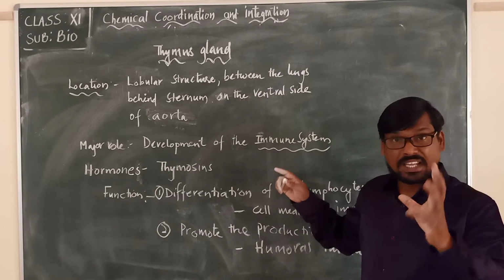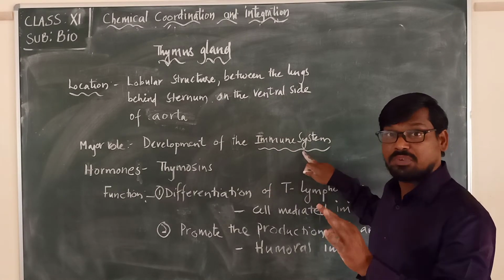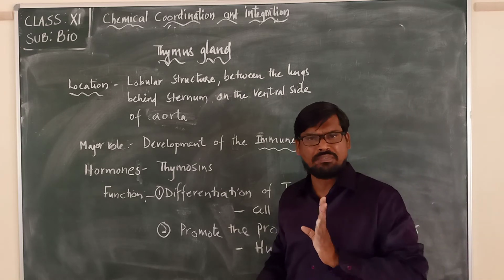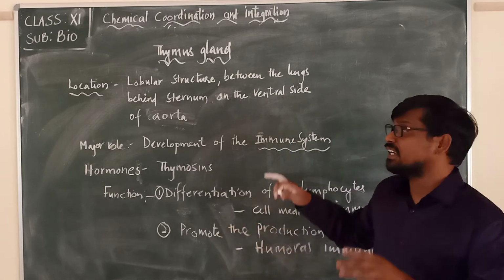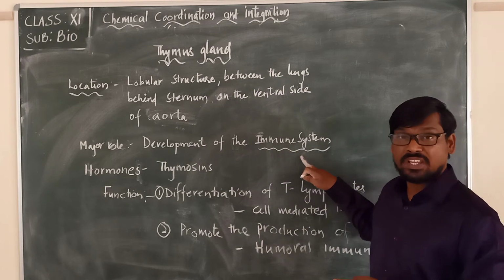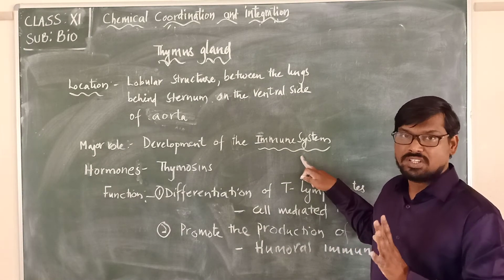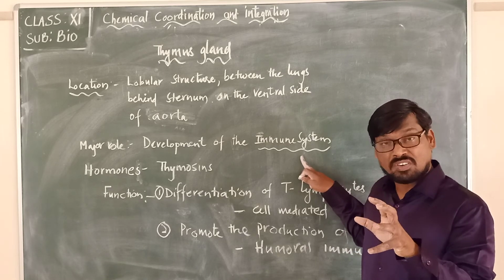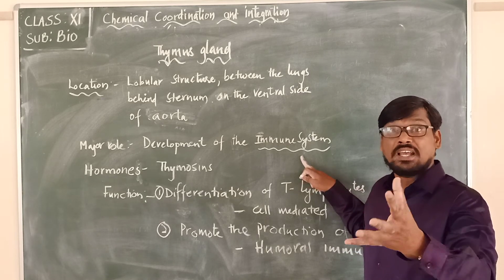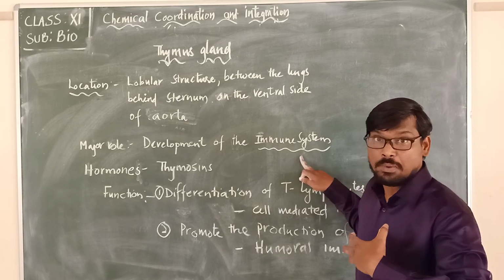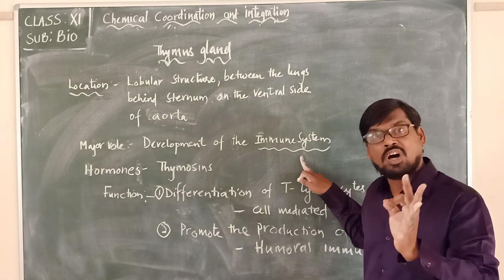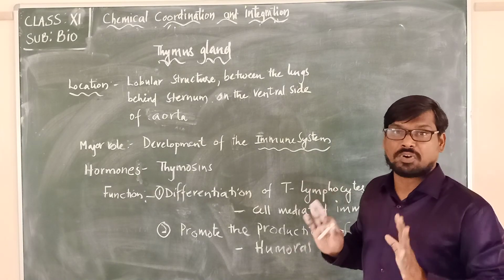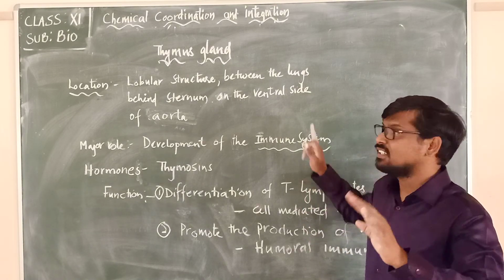So in the development of the immune system, the thymus gland plays a crucial role, a very important role. The immune system protects our body from various disease-causing microbes or chemical substances that try to harm our body and alter its normal functioning. So it is the immune system which is protecting, and for it to function normally, the thymus gland is very